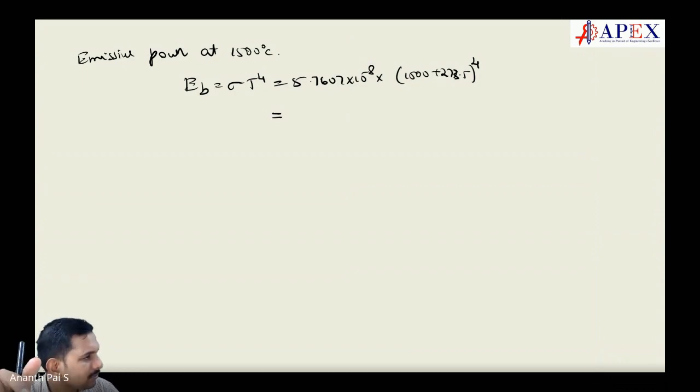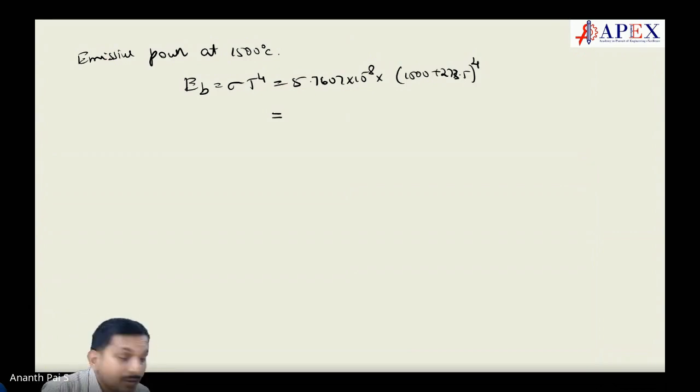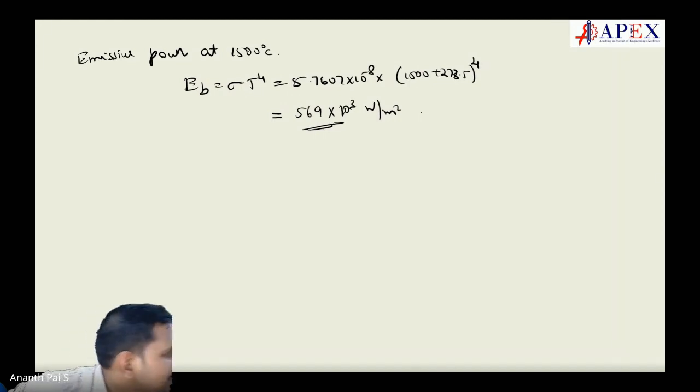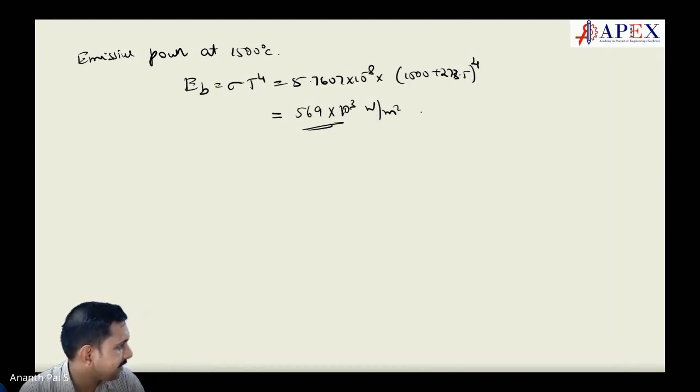Now, what is the answer? 5.1, 10 power. How come both of them get different answers? 569, correct, 10 raised to 3 watt per meter square. Sorry, watt per meter square, right? I believe Daivik is now getting consistently right answers. It's important to do that.